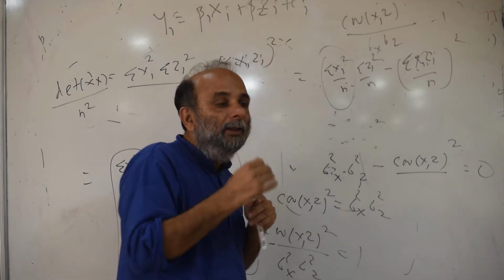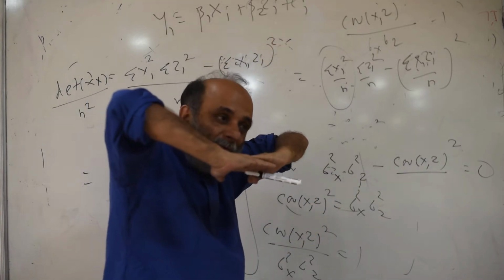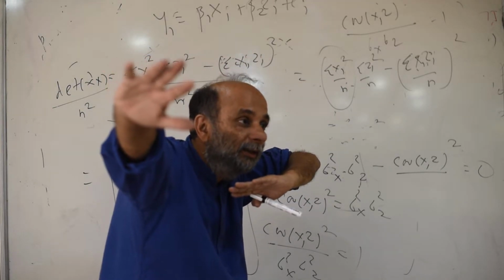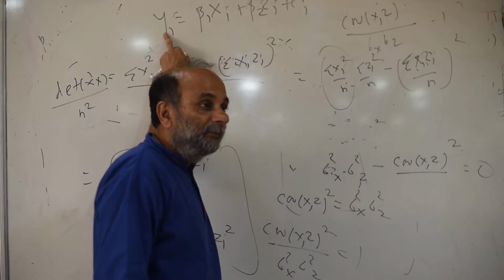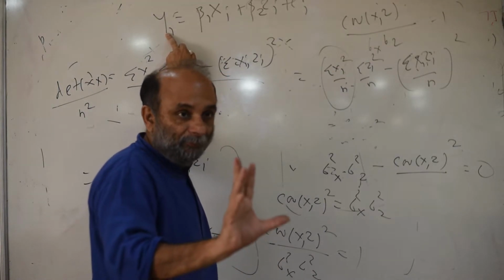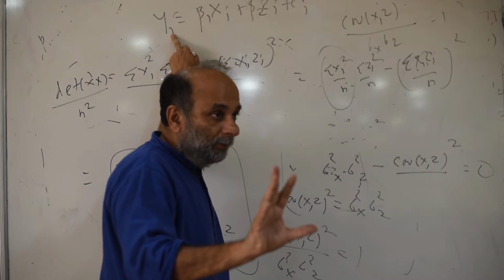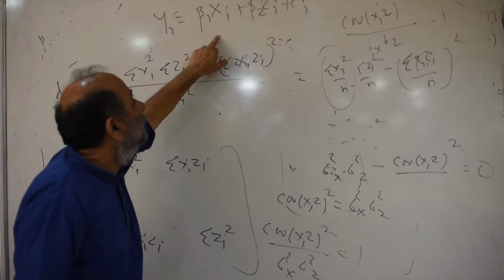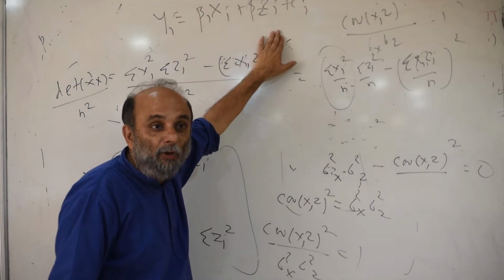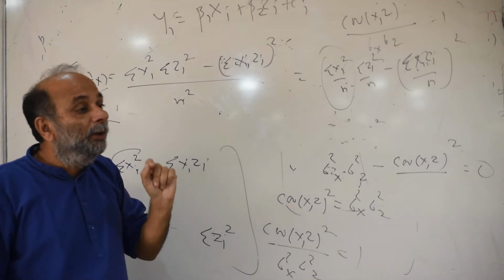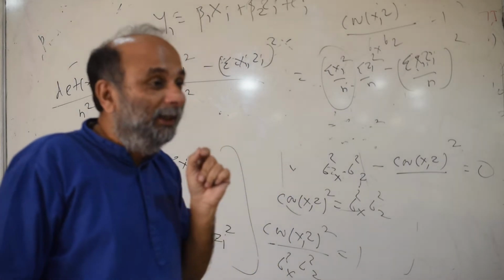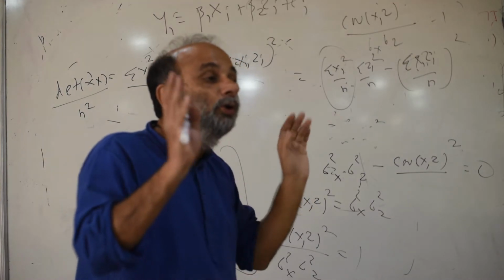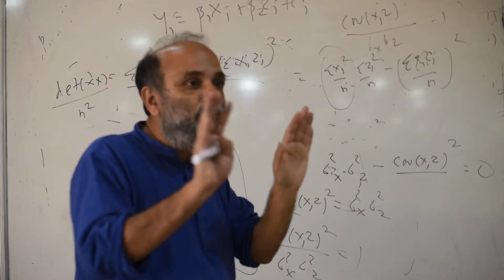Beta 2 tells me that if I fix households' income level, and if I change their average education levels, how will their financial assets change? Right? So, beta 1 tells me how y changes with x keeping z constant. But suppose in your data, if x and z are perfectly correlated, the moment x changes, z is going to change. So you're not going to have effectively any data to solve your problem.